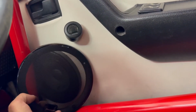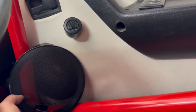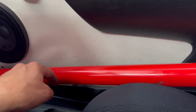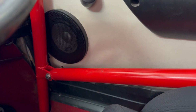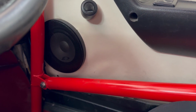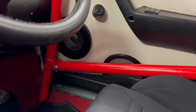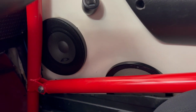Guys, really tight. Okay, we've got the angle there, but then that one's going to sit in front of it, so there's no point. We can't just build out either, because obviously there's a limit. That chair is right next to that, so we can't have an enclosure all the way out here because you can't sit in the vehicle. Let me do some head scratching and some measuring up and see what we can rock and roll with. This is really tight, guys. I still got to measure up, but like